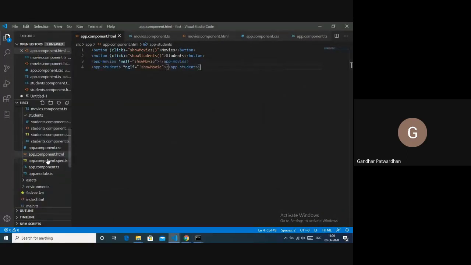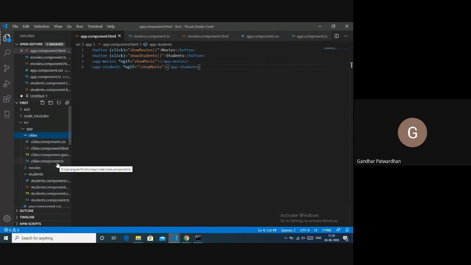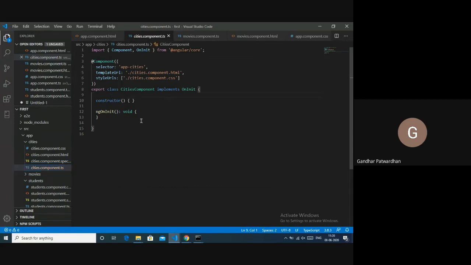Now, in this cities component's component.ts, I'll create an array. I'll say city name, say Nagpur, and maybe population 40 lakhs.